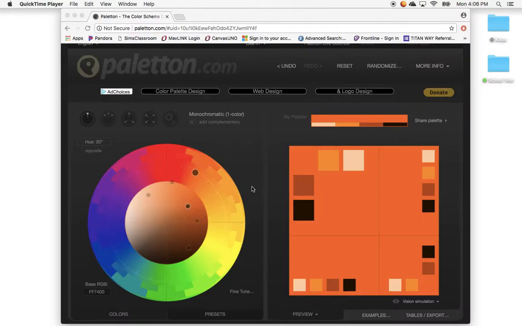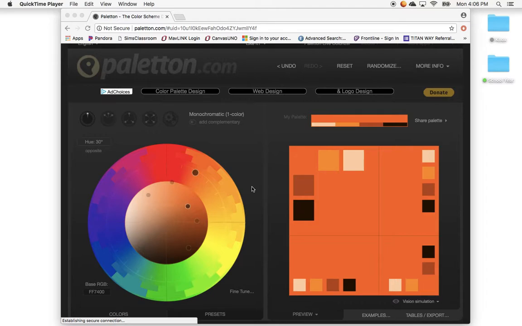Everybody, I'm going to show you an online tool called Paletton today. Paletton is a color scheme designer or a palette designer that artists use when they're creating a website or creating a layout for a yearbook, a magazine, an infographic, creating animations, logos, print ads, or branding a business. Or in my case, I might even use it to do some teaching about color schemes or how to use